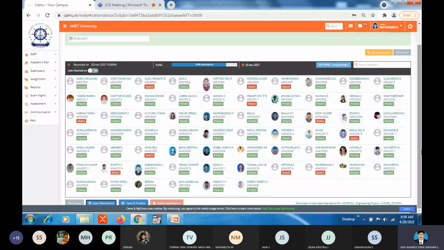Try to submit your second assignment as soon as possible. I have given the second assignment in the chat box. I have mentioned the due date also. You have to search on your own, that's why we are giving this as an assignment. Minimum 2 pages, 2 to 3 pages.